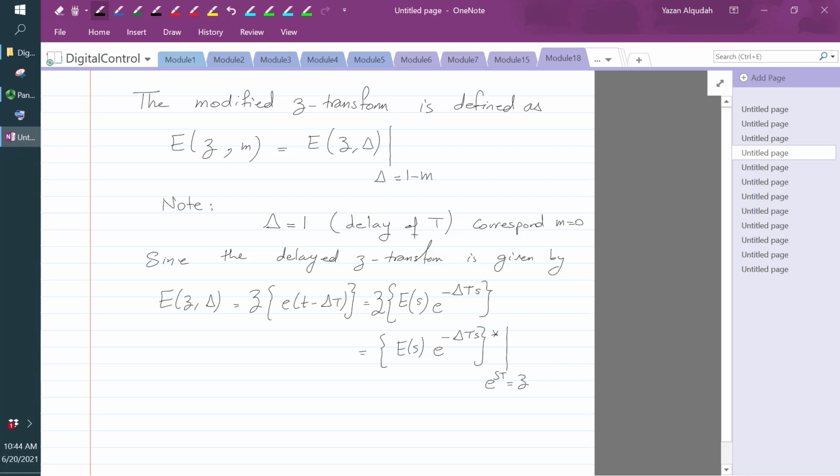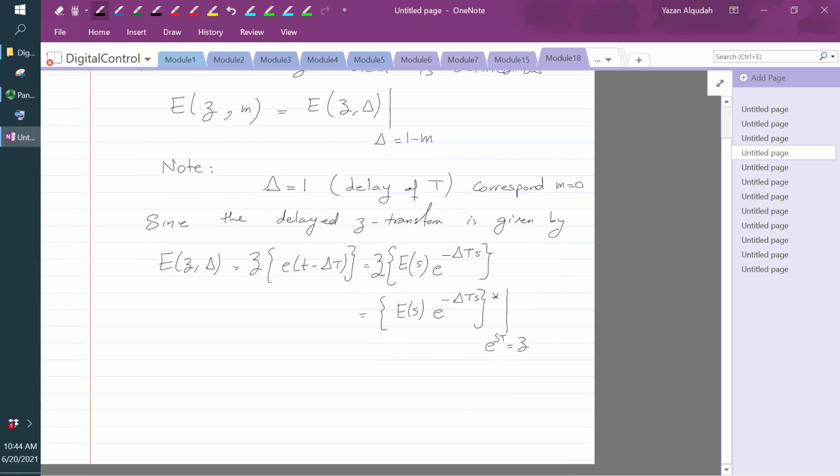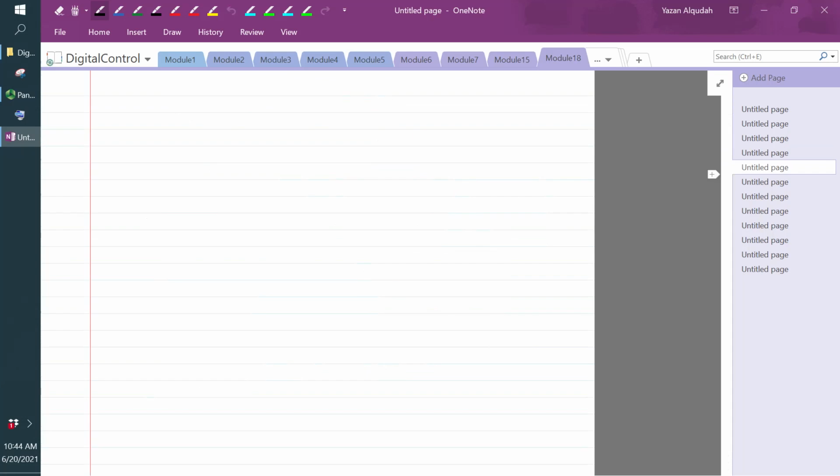Therefore, the modified z transform can be expressed as, let's start a new page. We can express the modified z transform as E of z comma m equal to E of z comma delta,